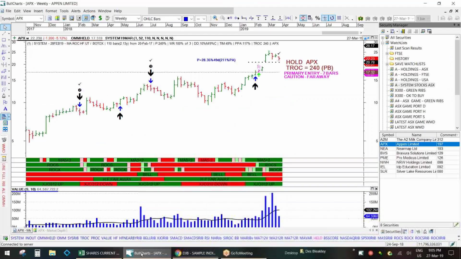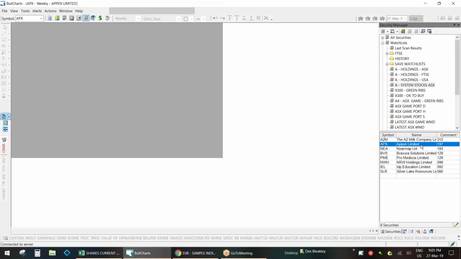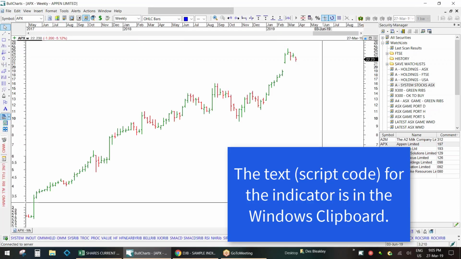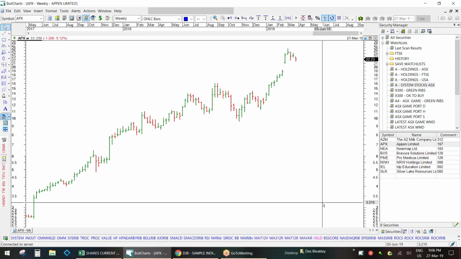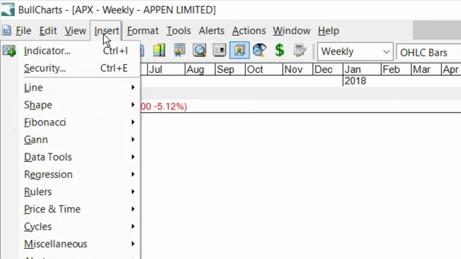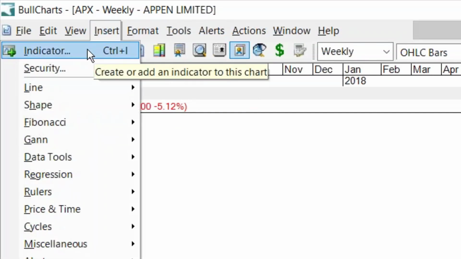And then I'll go into BullCharts. On the clipboard, I have the code for that indicator, and I want to take that code and create that as an indicator within my BullCharts system. To do that, I go to the top left. I go to Insert. I want to insert something. What do I want to do? I want to insert an indicator,